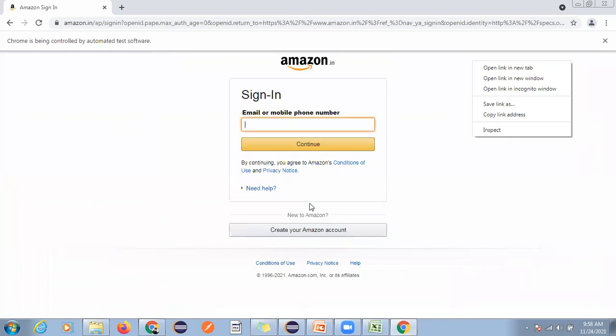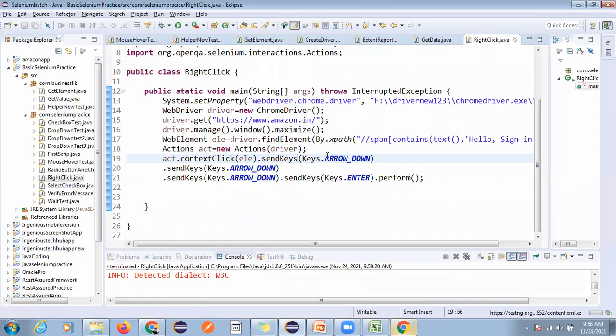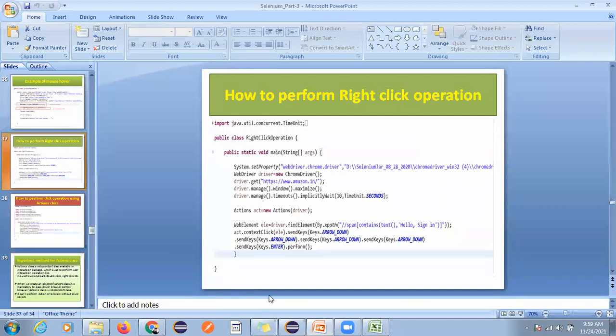Actually you can try with a different page. This keyboard operation is not working while doing the automation here. You can try with a different application, like Google, but here we are learning the concept of how to do right click and keyboard operation. You guys can try to make this method reusable, with a return type of Actions, and add all these things, like whatever I made in the previous one. You will get more hands-on if you do it yourself.